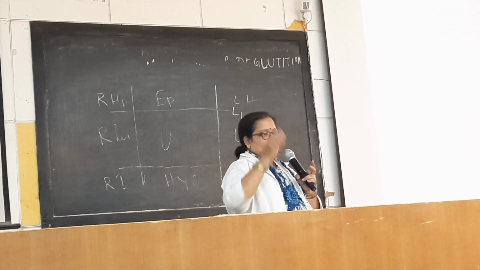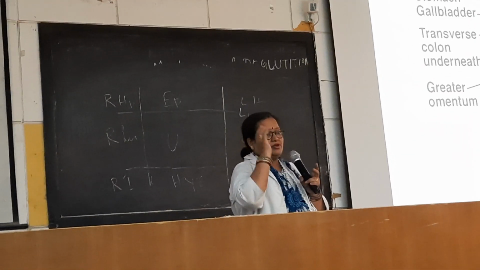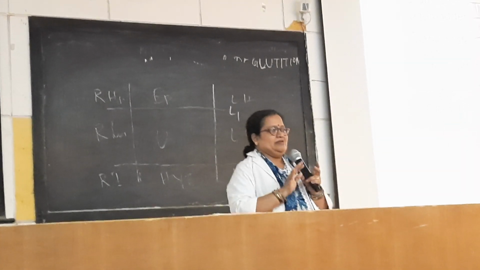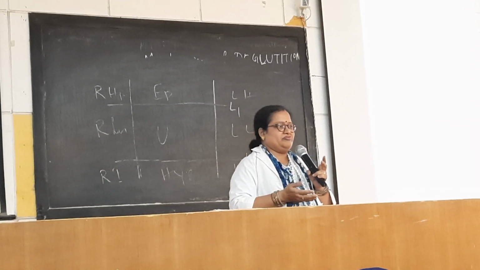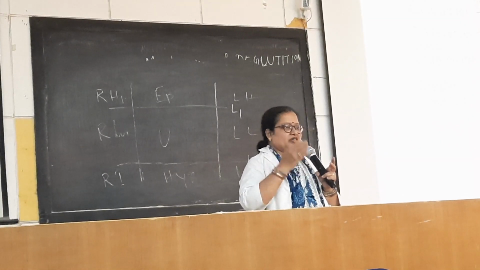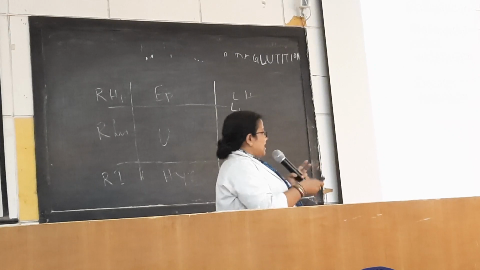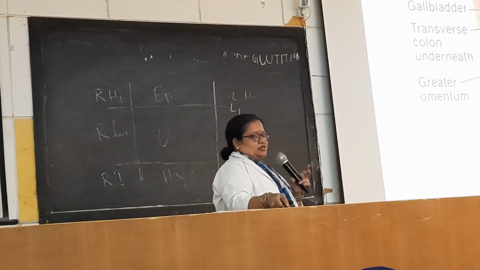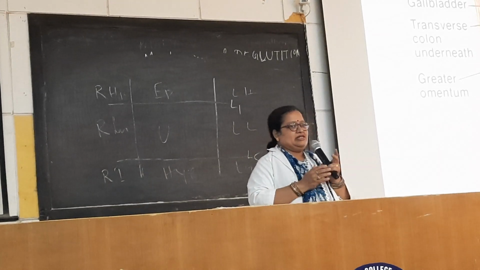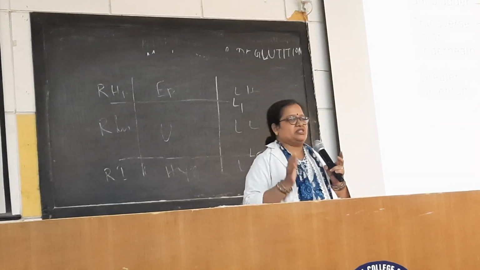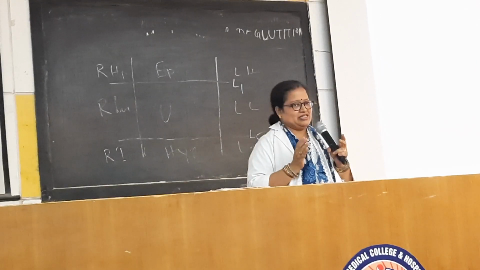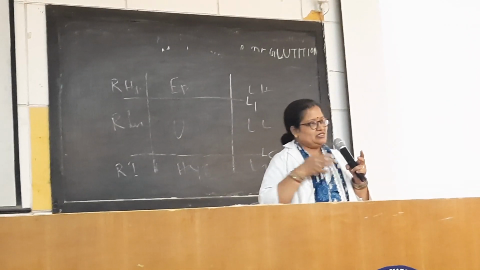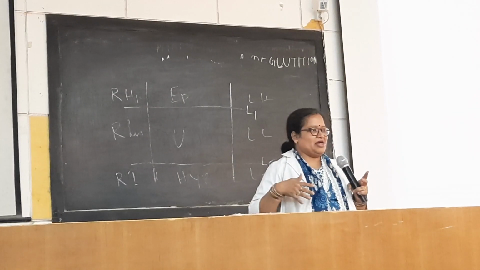Then we come to the 8 layers. When you cut the abdomen, you cut the 8 layers. First the skin, then the superficial fascia. Above this line you cut a single layer, that is the fatty layer called Camper's fascia. Then comes your 3 broad muscles, that is the external oblique with its aponeurosis, the fleshy part, and the